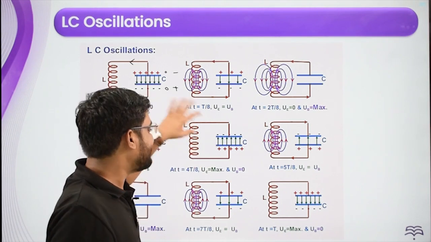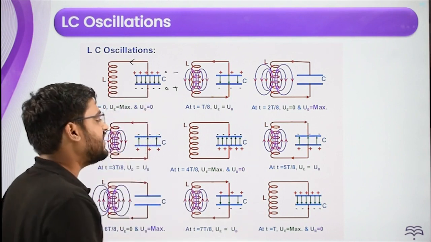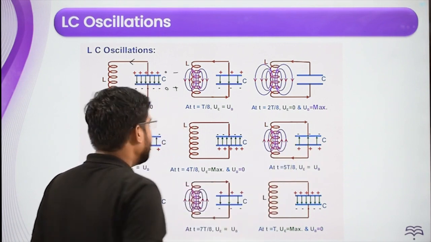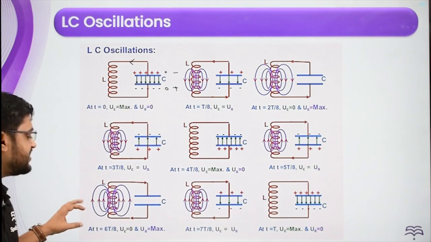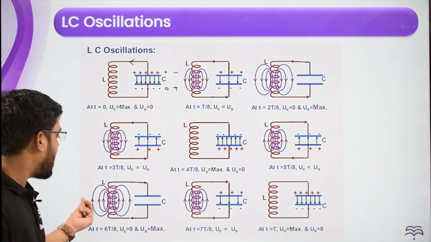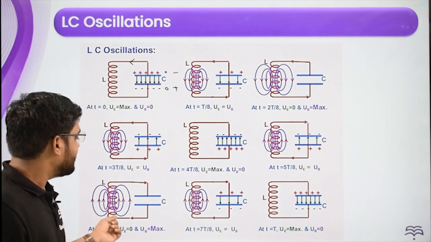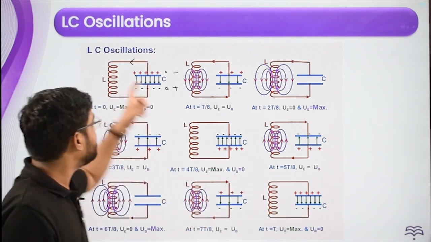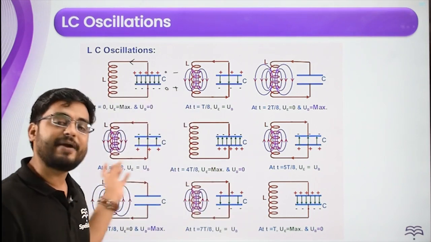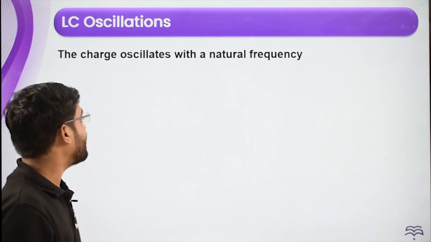Now continue again. When that happens, the entire magnetic field energy gets converted into electrical field energy, and now again the same process will repeat, but it will be just the other way around. Charges will start flowing like that, and when it is maximum magnetic field energy, the capacitor will get completely discharged. And since magnetic field energy is there, due to this conversion again into electrical field energy, the capacitor will again get charged and will come back to the original situation, and this oscillation will keep happening. This energy exchange will keep happening all the time.